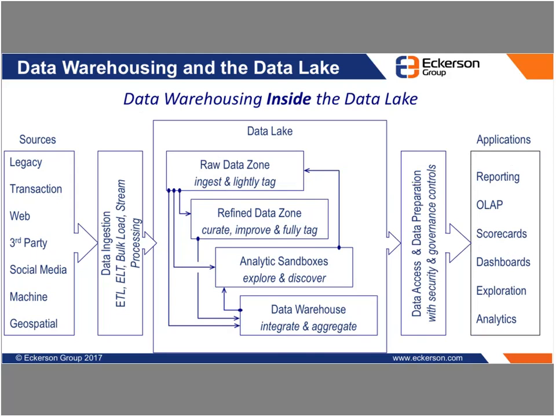Another way we might think about it is placing the data warehousing inside the data lake, so that we have a data lake that encompasses all of the data that we're working with. It has a raw data zone, a refined data zone, so that we can work with all of this big data, unstructured data, and know which data is trusted and which data is curated and which data has simply been ingested and is there. And then we can begin to move data from the raw data zone and refined data zone